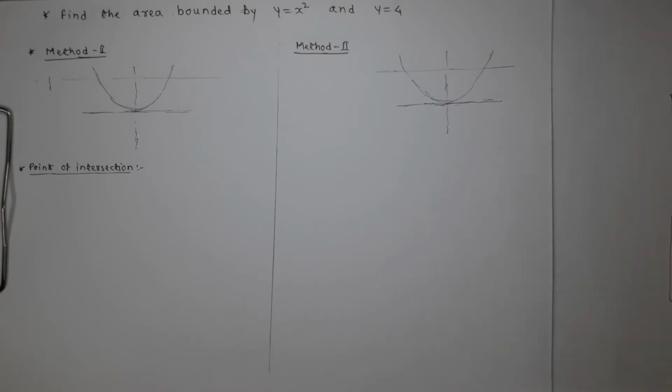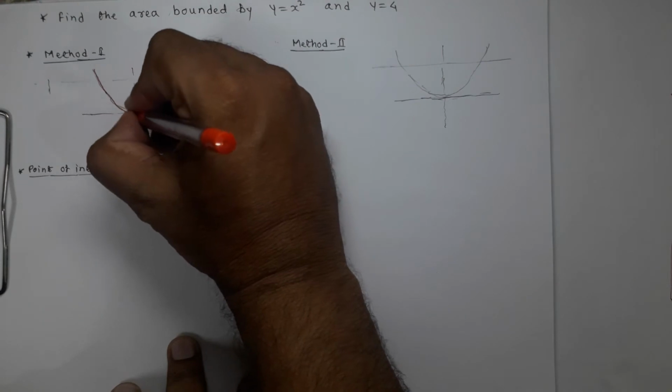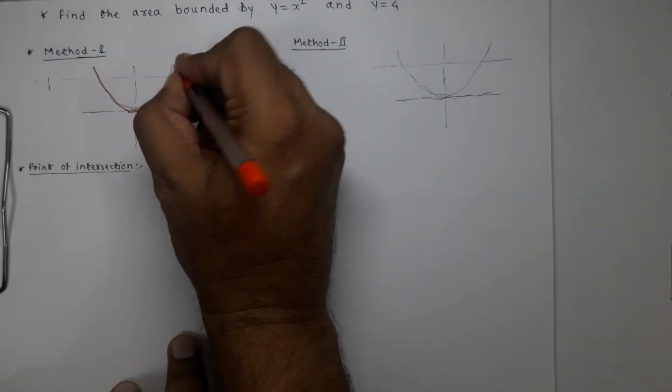y is equal to x square, we can see that the power of x is even, as well as in this equation the constant term is absent. Constant term is absent, it means that the curve is going to pass through the origin, and power of x is even, it means that the curve is symmetric about y axis. Now y is equal to x square is an equation of a parabola. So it is a case of a parabola which is symmetric about y axis. So roughly I can draw the curve like this. So let it be the curve, it is symmetric about y axis.